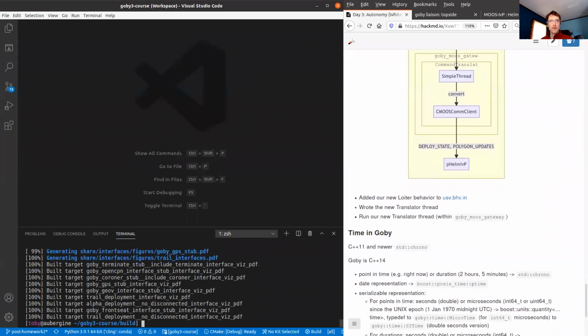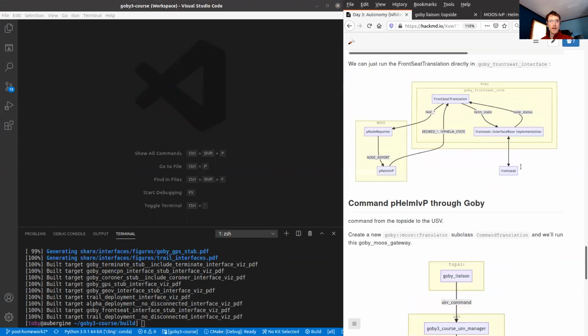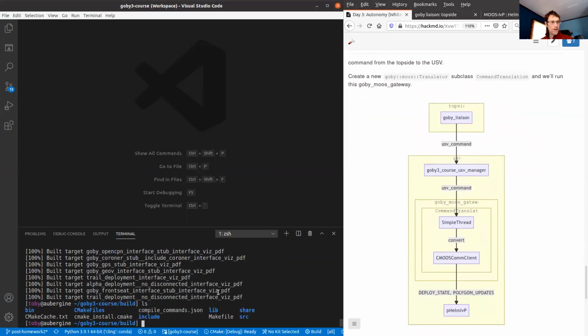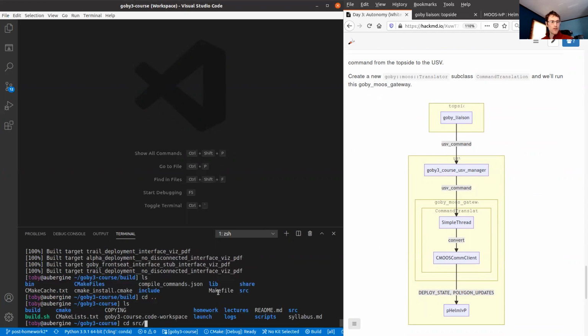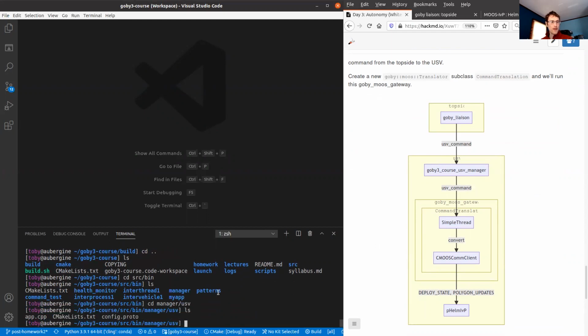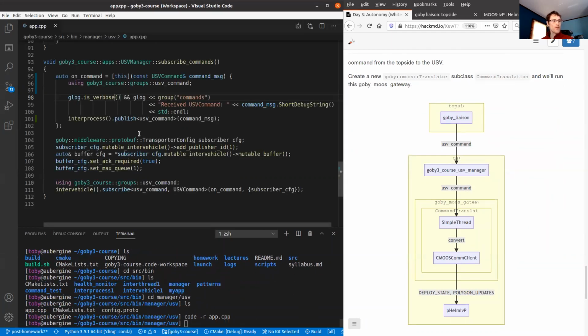If we turn off the auto scroller, we go back up here and make sure that in our Goby3 course USB manager, we've got source, bin, manager, USB. Open up that. And okay, now when we receive our command message, we're republishing it on USB command, the message.